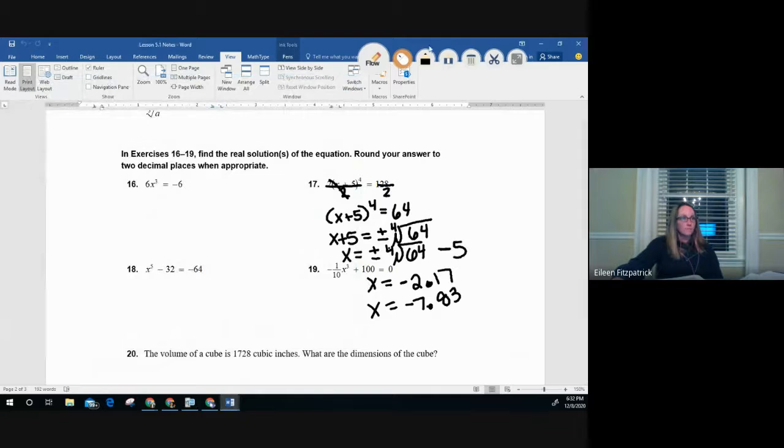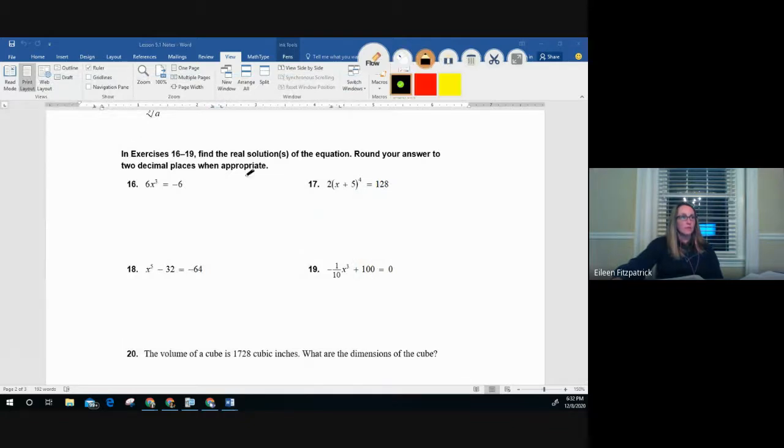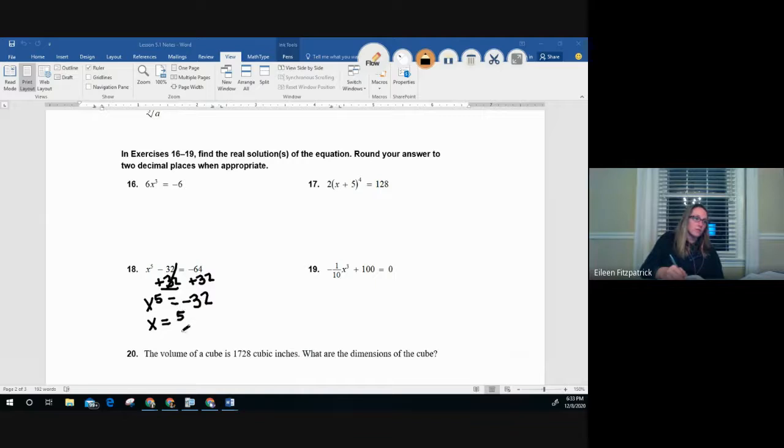Okay. Problem number 18. So let's first add the 32 to both sides to isolate the variable. So I have x to the 5th is equal to negative 32. I'm going to take the 5th root of both sides. Whenever your index is an odd number, you're never going to have plus minus. It's only when your index is an even number,